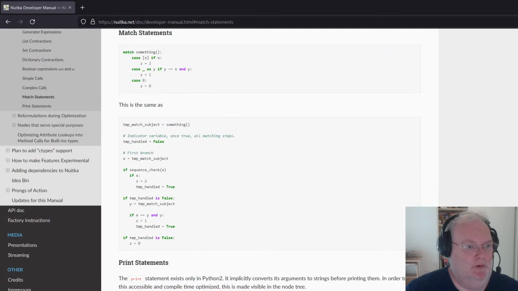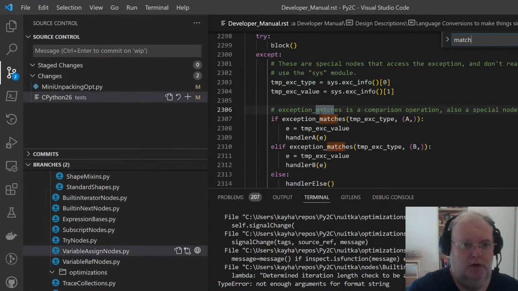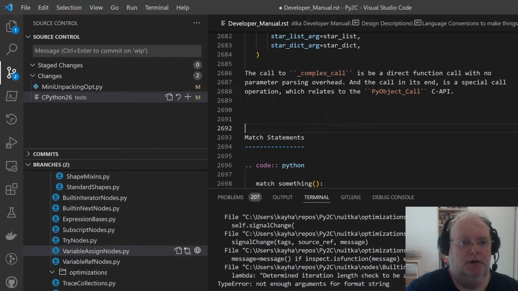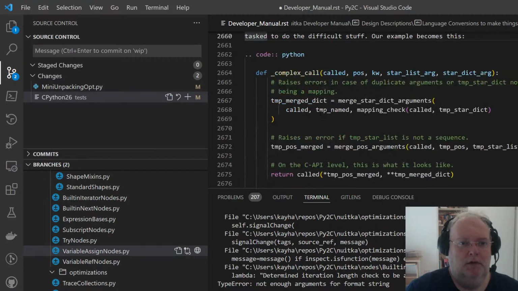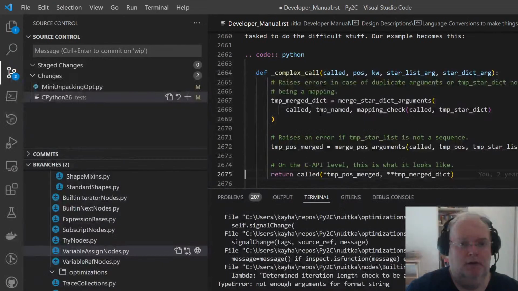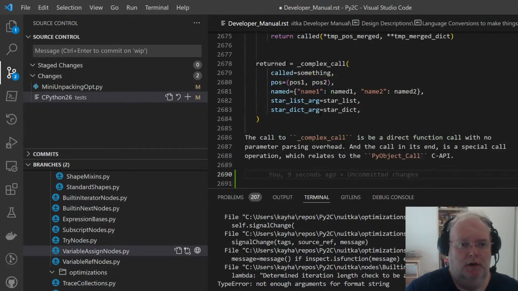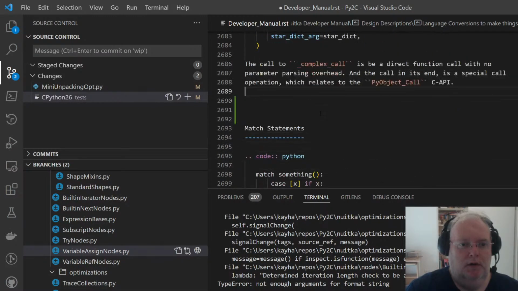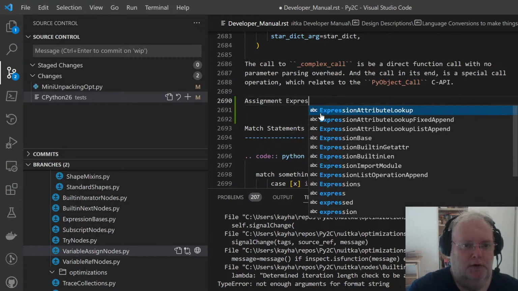I put these more specific ones down there. Match statements, let's put them here. Wait, that's sort of like it, but not really. Assignment expressions.